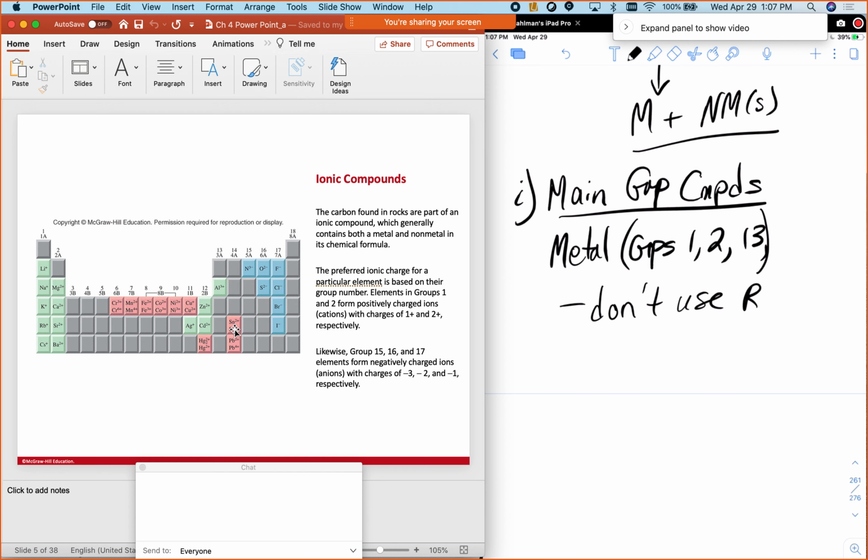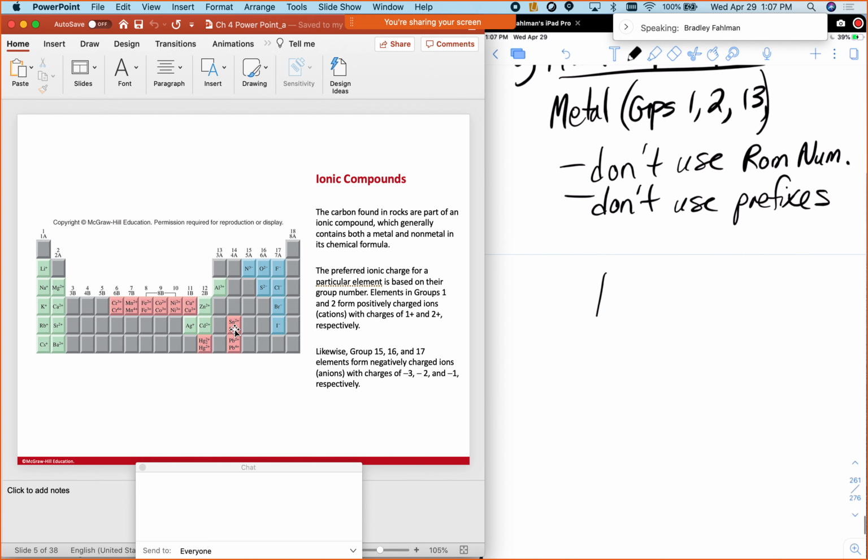Roman numerals. Okay, and then again, don't use prefixes for anything either. Okay, so remember, that would be, if it's this, that's just going to be the name for that one, instead of me jotting it down here. So the name for that,